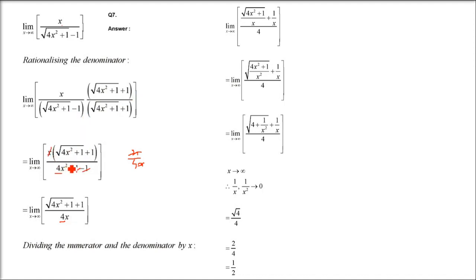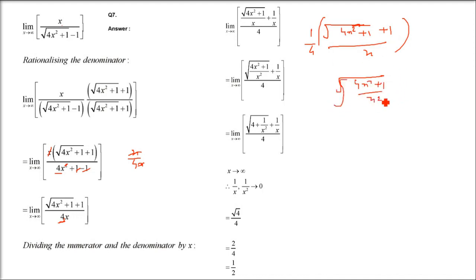Simple, you have to divide it by x. And in the numerator you have under root 4x square plus 1. So divided by x square, because if you want to take it inside the root it has to be x square. So under root 4x square plus 1 and dividing by x, and we have this 1 by 4 which is in the denominator already, we are taking it outside. So under root 4x square plus 1, if I am taking x inside, it has to be x square plus 1 by x is already there. So 1 by 4 is outside, okay?